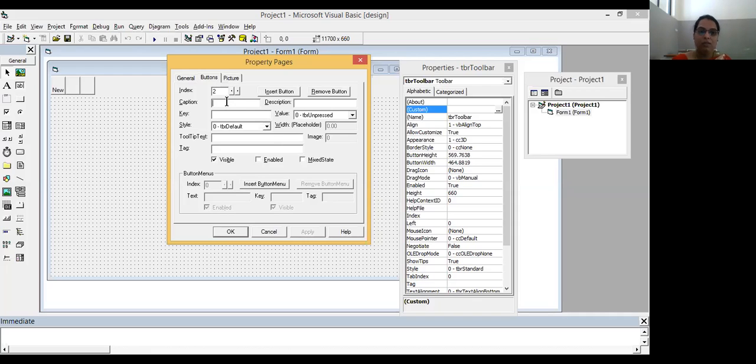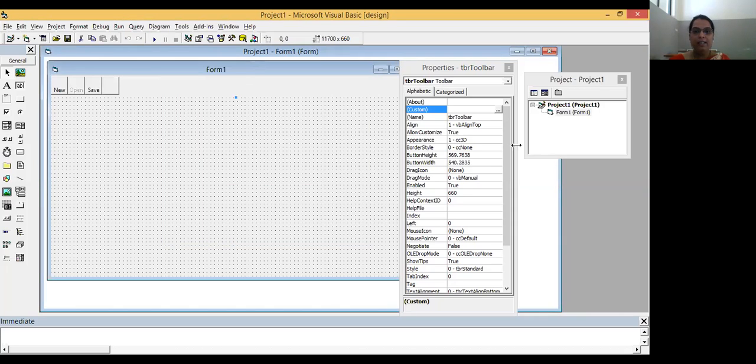specify the caption, that is open, and for the third I'll give save. Right? Then after specifying the caption for the buttons, you have to click on OK.